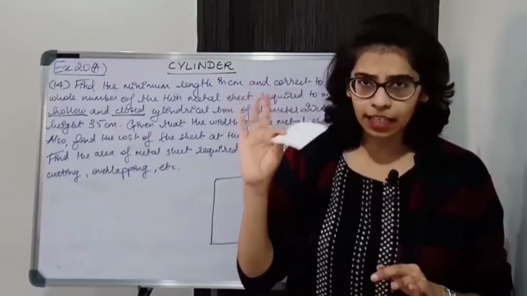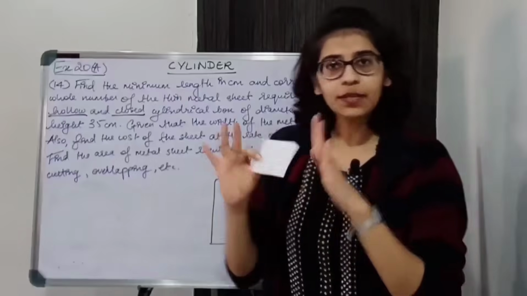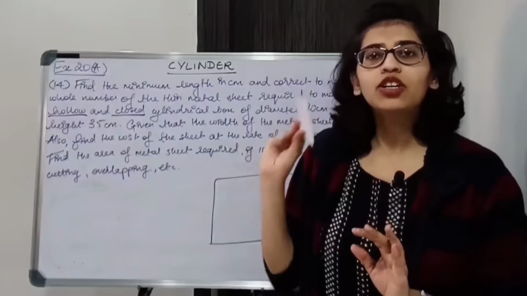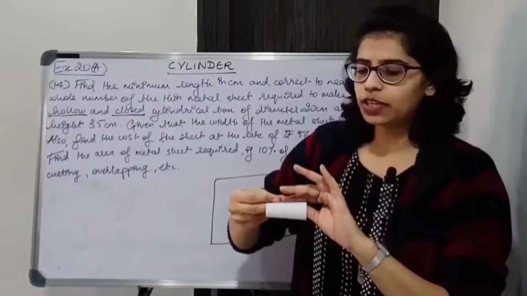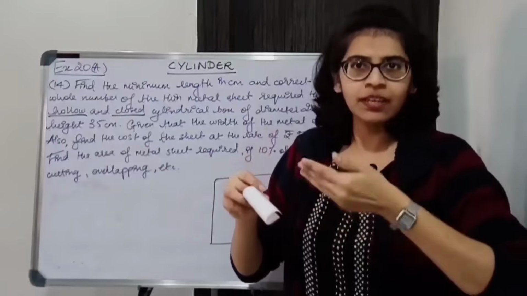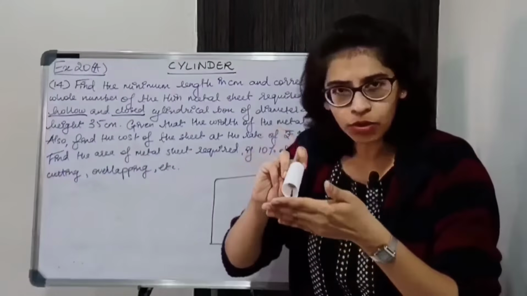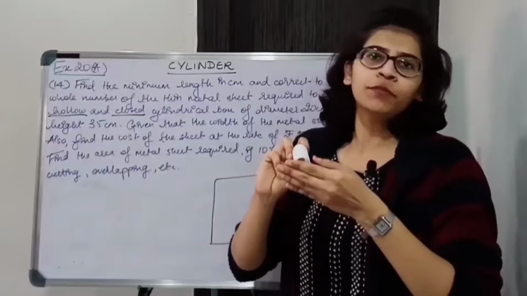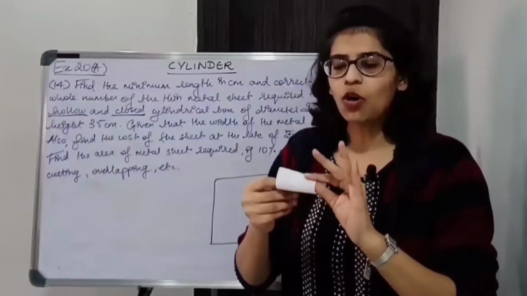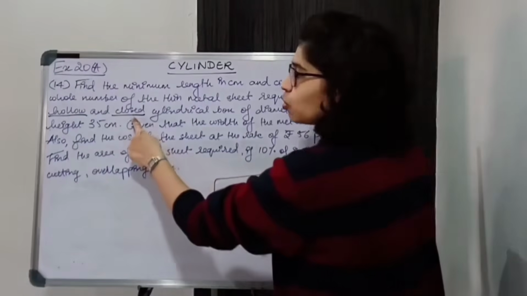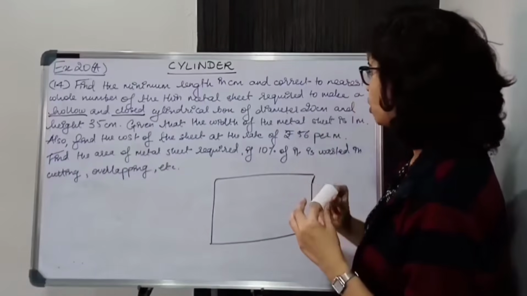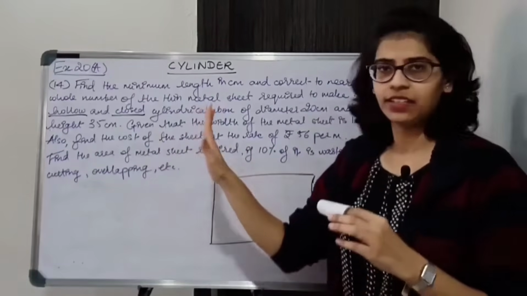Now let's say there is a rectangular sheet like this. ठीक है? There is a big sheet and this sheet is being used to make a hollow cylinder. So you are making a hollow cylinder. पूरा अंदर से empty है, but you are also covering the surfaces. So there is a little bigger sheet, ठीक है? उसमें से cut करके then you will be covering the top and bottom part of the cylinder. So there is a rectangular sheet जिसमें से you are making a hollow cylinder but closed cylinder. Alright, so you are making a hollow closed cylindrical box of diameter 20 centimeter and height 35 centimeter.